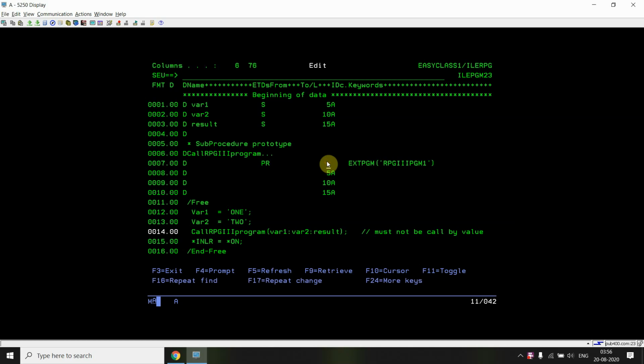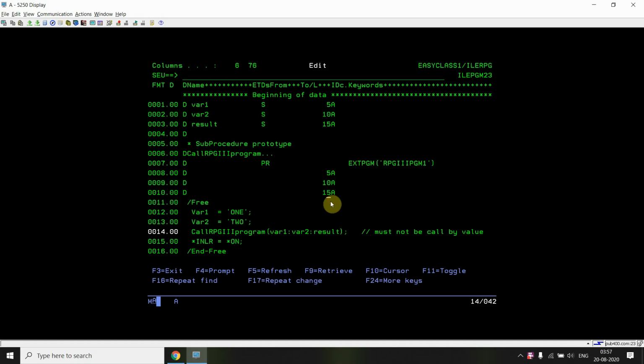But here, in case we are using EXTPGM, calling a program, we cannot return a value from there. So if you want to return some values, you need to define them in the input parameters list. So this is just the definition.